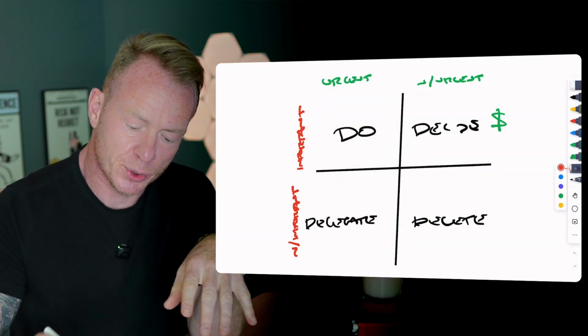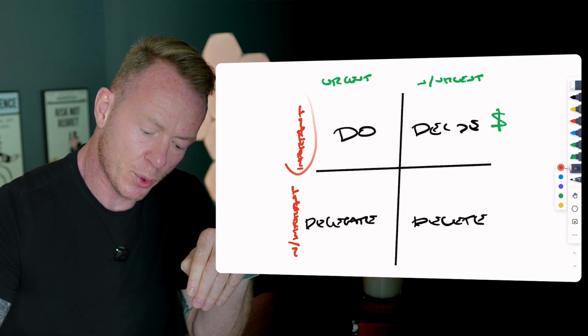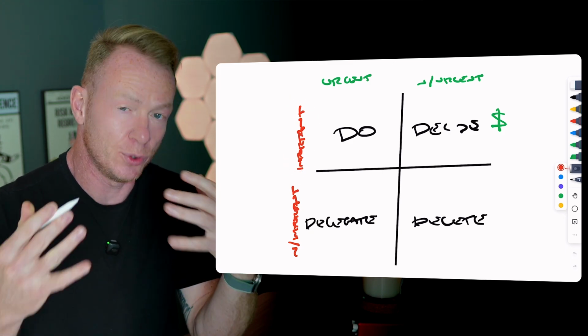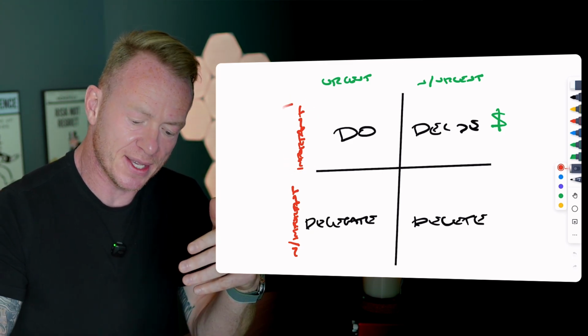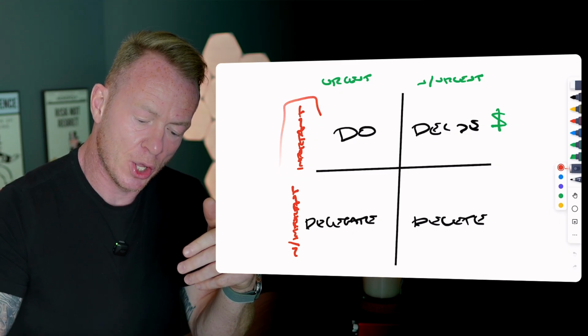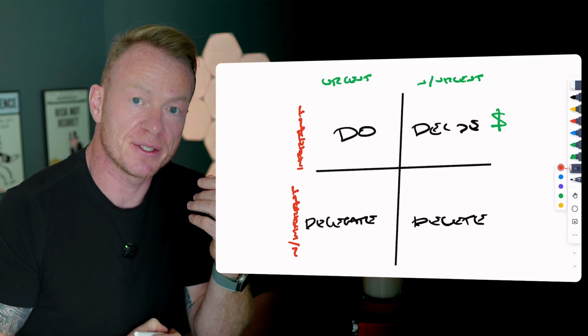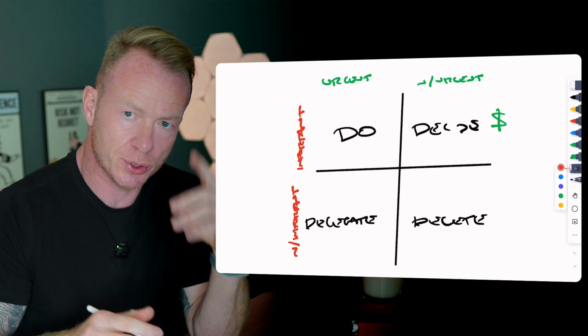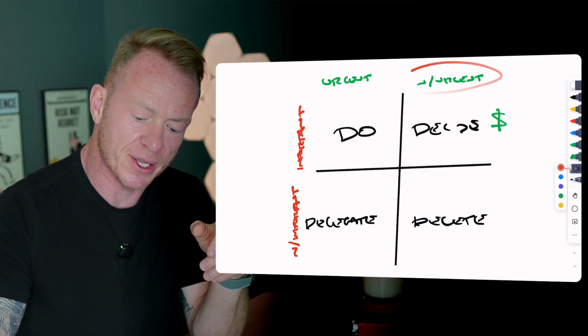And the last piece on box number 2, guys, is remember, these are important. You might not notice it or see it as important, but if you think about your business, the importance of business growth is there. You have to make sure that you decide this is important, but it's not urgent.